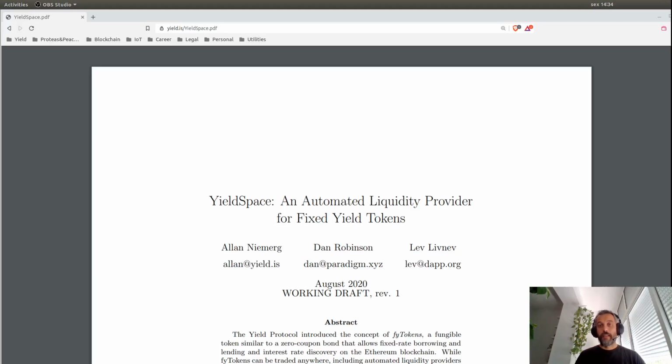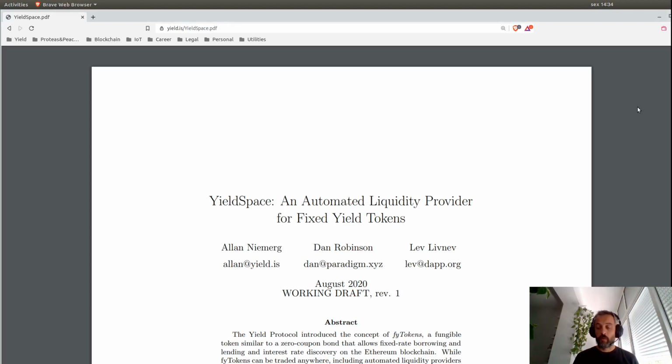Hi everyone! In this video I'm going to talk about the Yield v2 automated market maker, also called YieldSpace. It is very similar to the automated market maker that we had in Yield v1. It's identical in terms of math, but we have just updated it a little bit and we have made it more gas efficient. At the core, what we are doing is in this paper